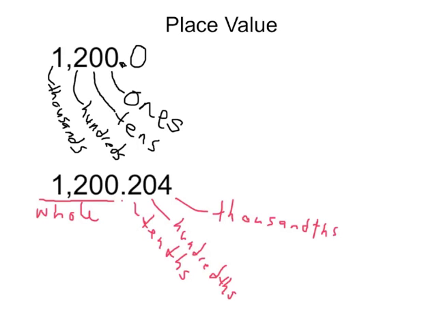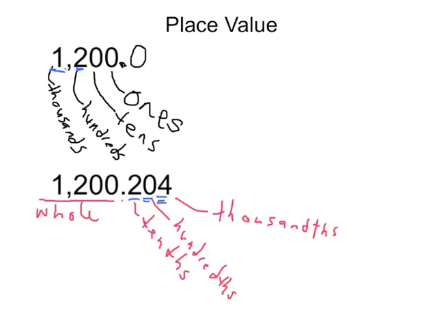Now, place value is helpful in determining which numbers are larger than others. Just like the thousands place is bigger than the hundreds place because it's on the left of it, the same thing goes with decimals. The tenths place is larger than the hundredths place, and the hundredths place is larger than